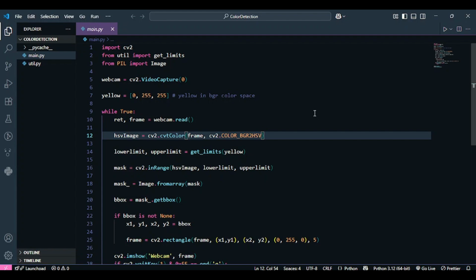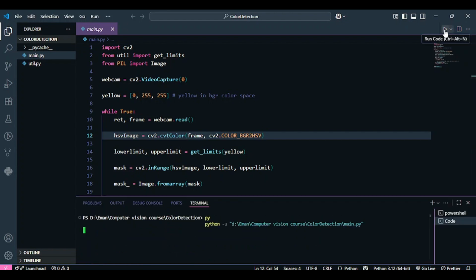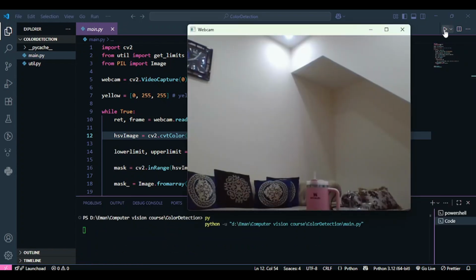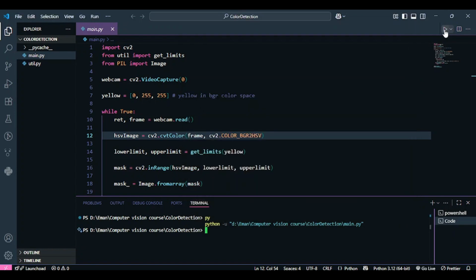Before starting talking about how to create this project, let's first see the output or the result of it. So in this one we are going to use a webcam, and I will show you how it looks like. Okay, so yes, this is the yellow color, and see, you're getting a perfect bounding box around your yellow colors. So this is also a banana, and it is also detecting this banana as well as the mango or any yellow color that we have. So this is, I think, a very good first project. So let's get started.